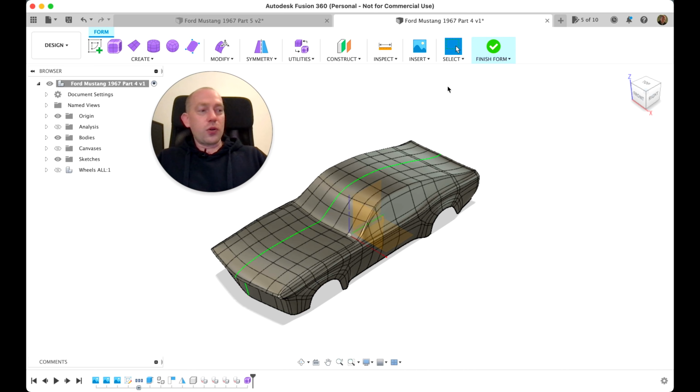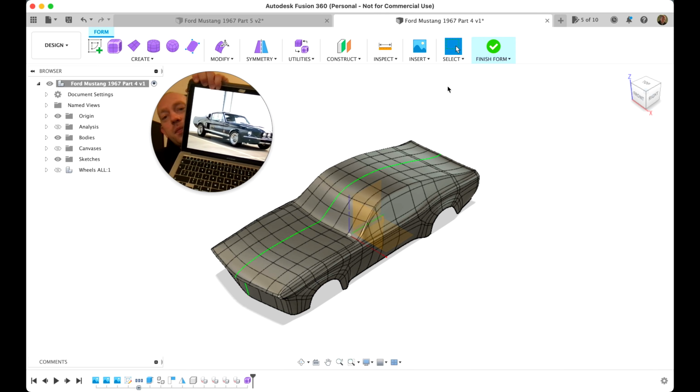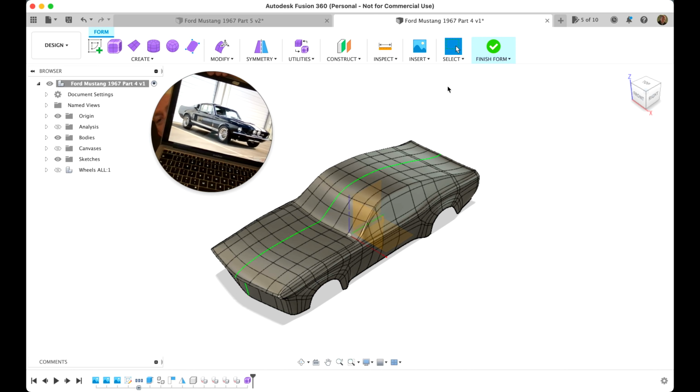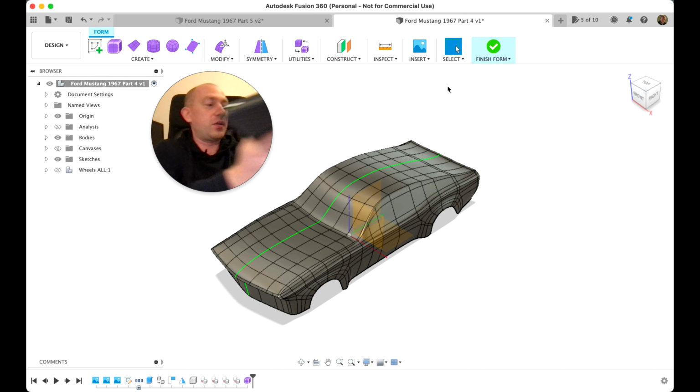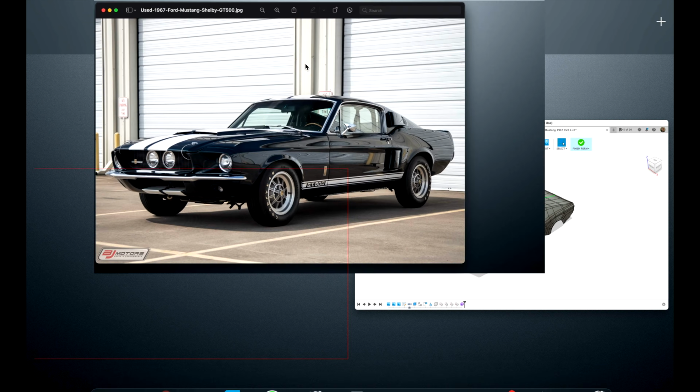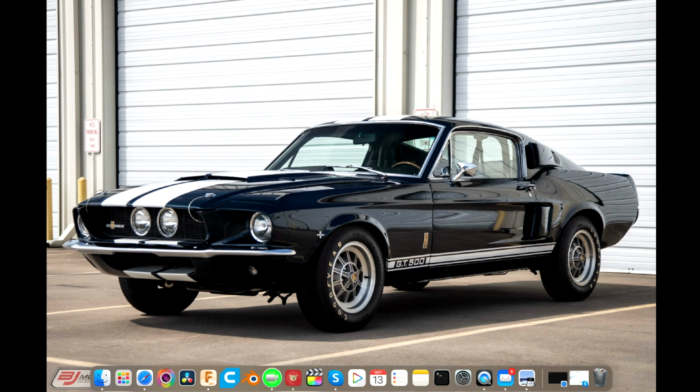So I wanted to talk about a few things. Let's say over here I have my other laptop, and I have a picture of a Mustang. When I'm doing some modeling, I'm just looking at this picture. Let me show it on the desktop, otherwise it's way too small. So I've put it somewhere here, yeah. So basically